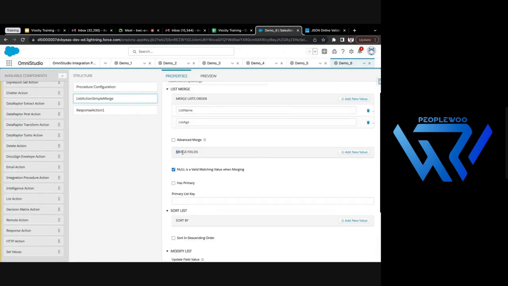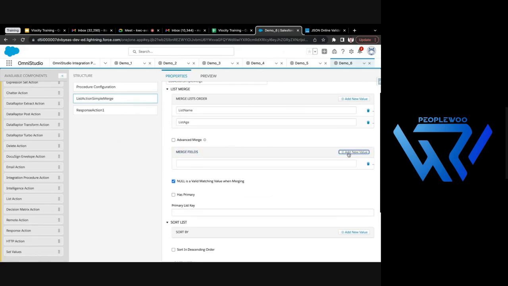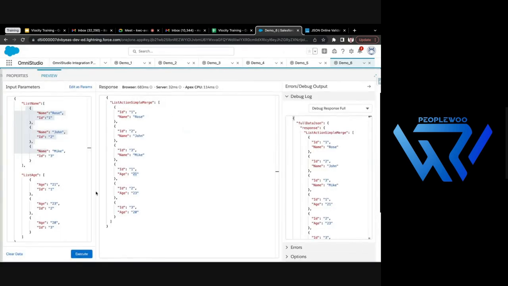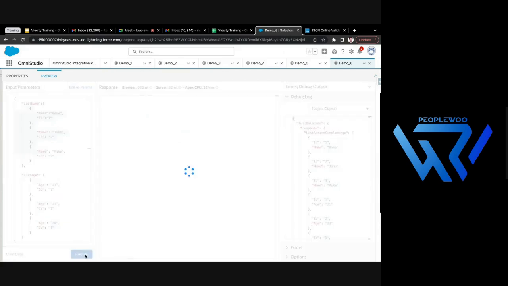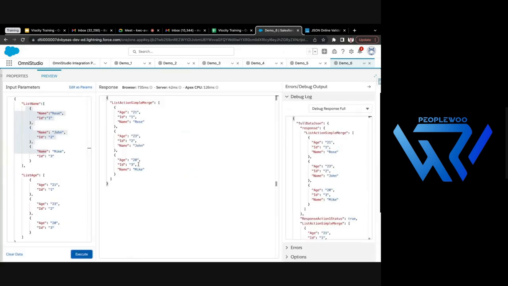Now I will just add new value here, and the value I will add is ID. So I want to merge these two lists on the basis of ID. Let's try to preview now. Now you see the two lists got merged on the basis of ID. So we were having ID 1. For the ID 1, the age is 21, and for the ID 1, the name is Rose. So we got